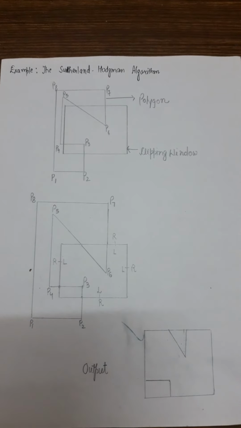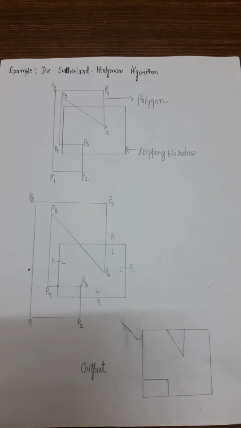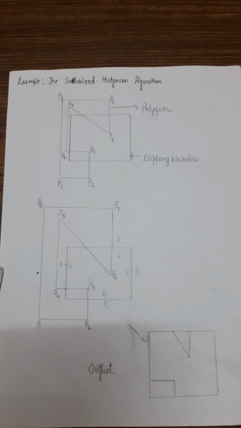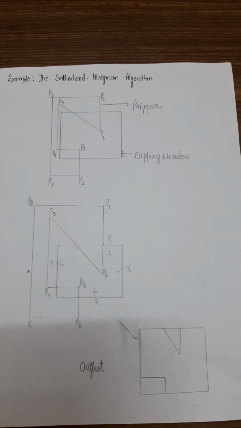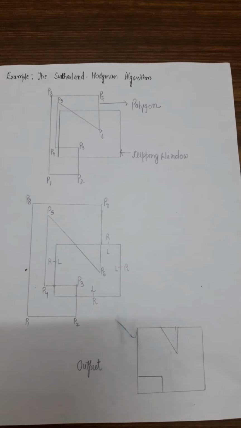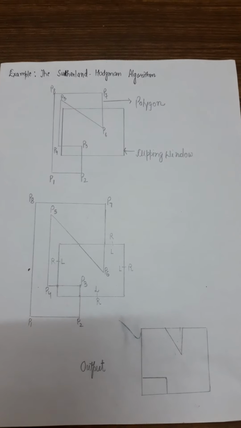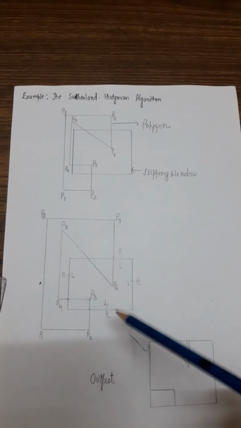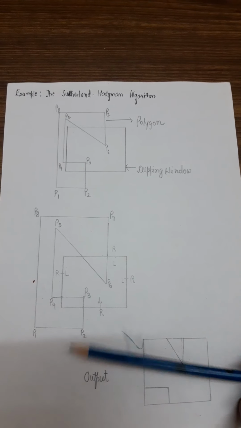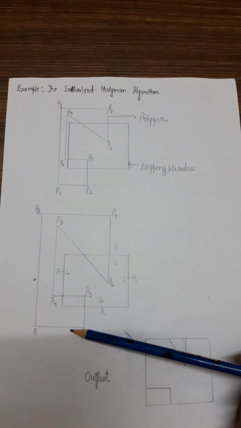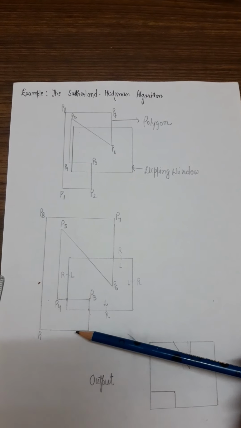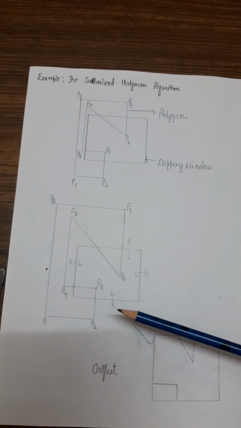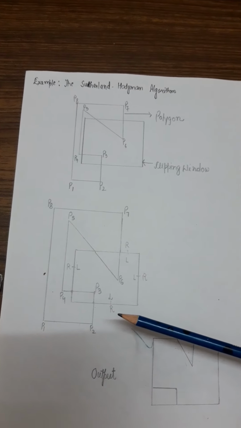Suppose this is the figure where the polygon is P1, P2, P3, P4 up to P8 and the clipping window is in rectangular form. We will see how we can extract only the region of the polygon which is visible in the window from the whole polygon, right? So first let's start from P1, P2. Since P1, P2 is the first edge of the clipping polygon to be considered, we compare it with the edge. I have also mentioned left and right so that we can easily understand which is the right portion and which is the left portion, right?